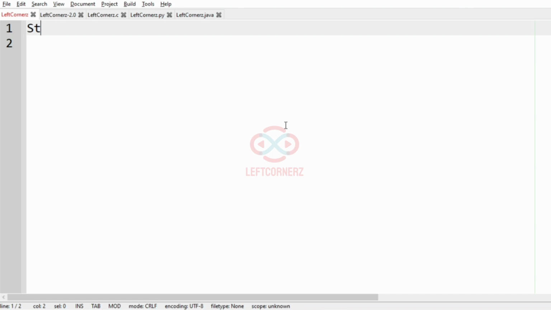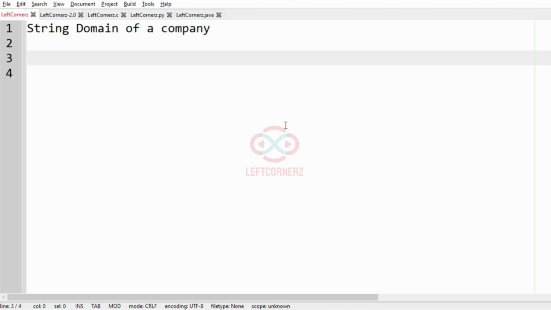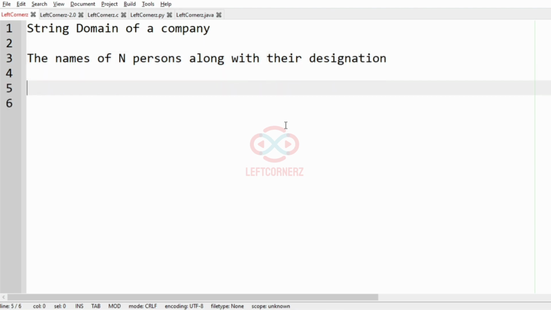First, to understand our question, the program has to accept the string domain of a company and then the names of n persons along with their designations, and our task is to generate email IDs for those n employees